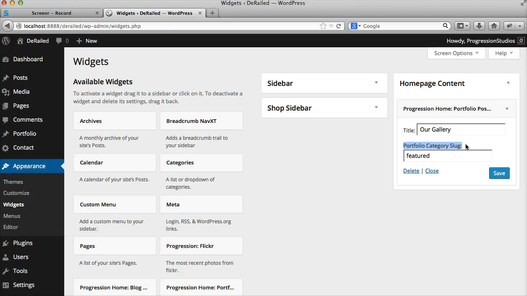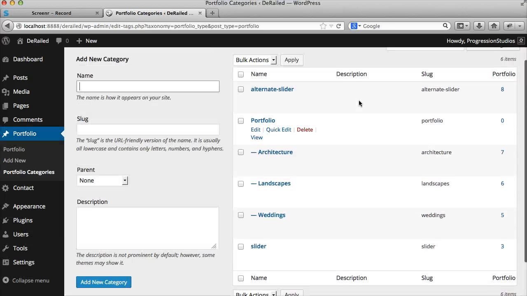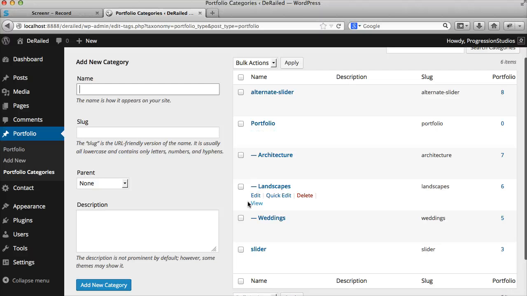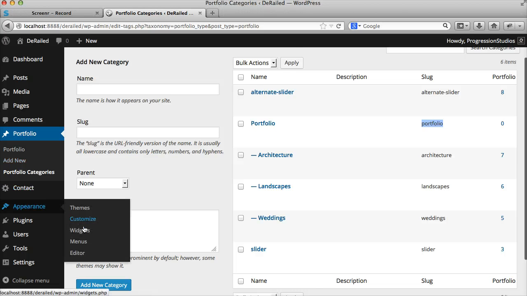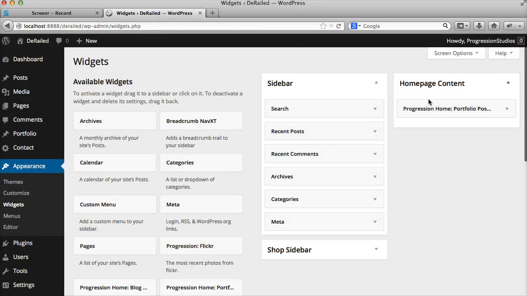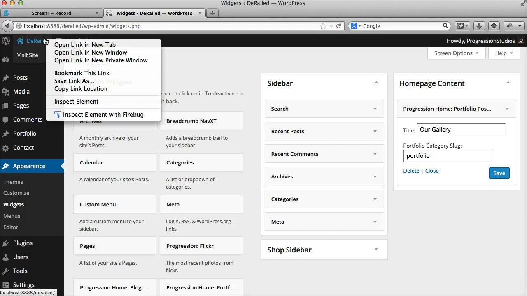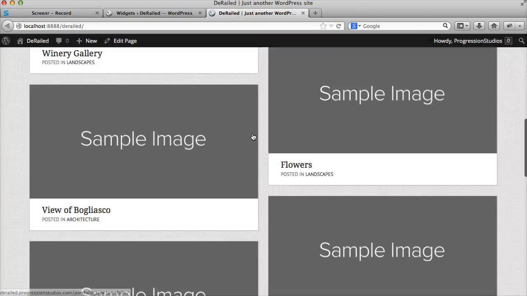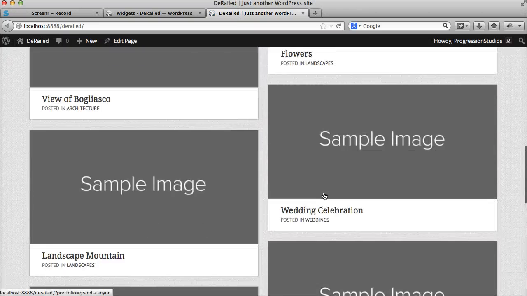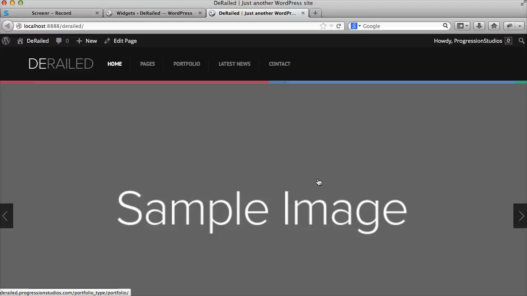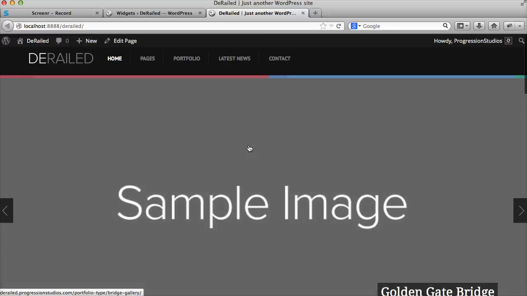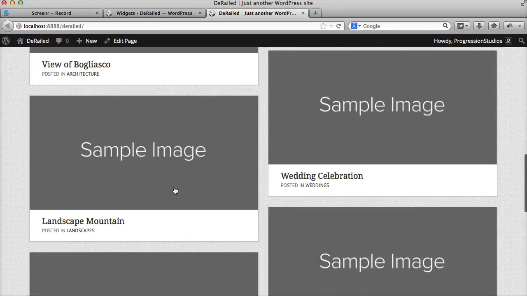And it's going to ask you for what portfolio category you want to pull in, and that's under here, portfolio categories. We created a couple for you. If you want all of them, you can do the parent categories. So let's just do portfolio this slug. And then go back to the widgets. And this is what we're using in the live preview. It's essentially pulling in all of our posts just via the latest post. So now when we view it, you've got your post pulling in. So it's really easy to demo the live preview, and then you'll basically want to go in and replace the images as